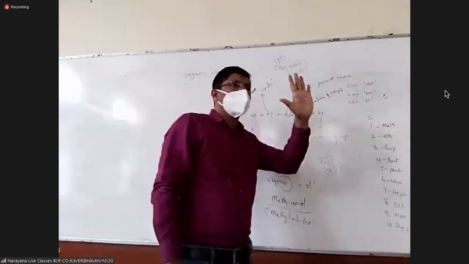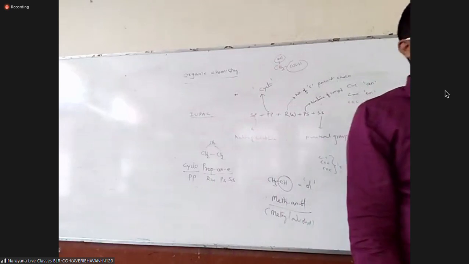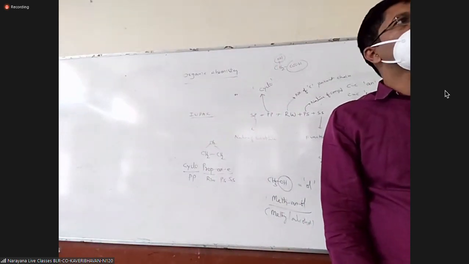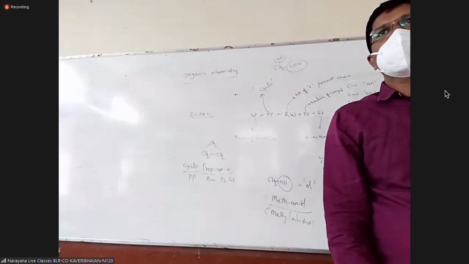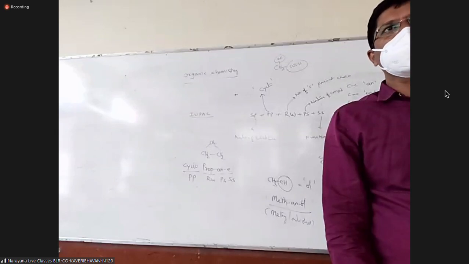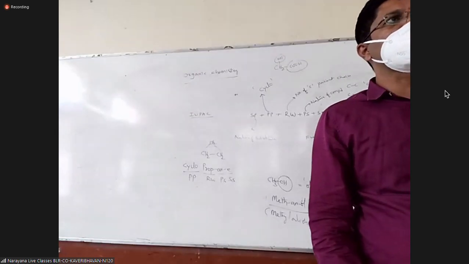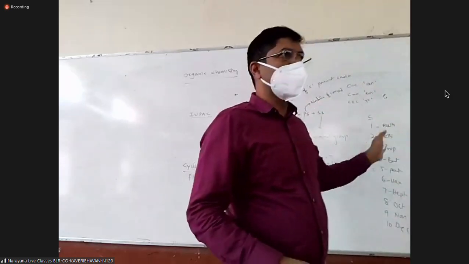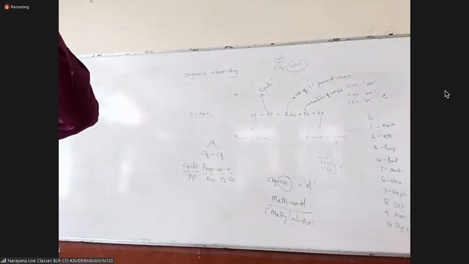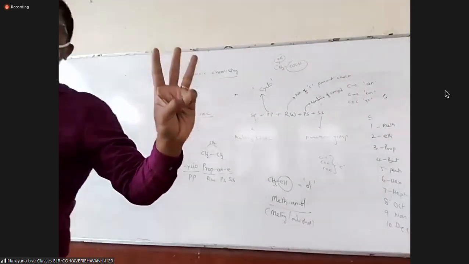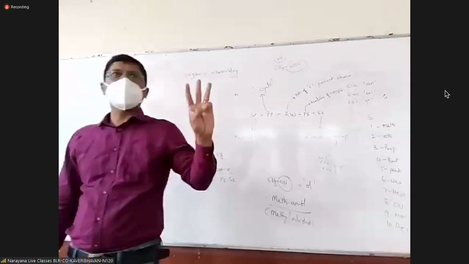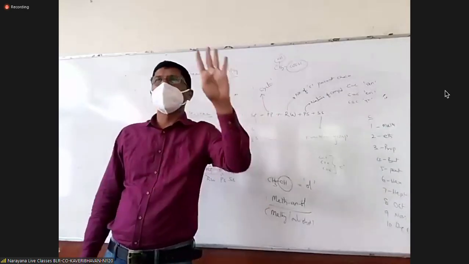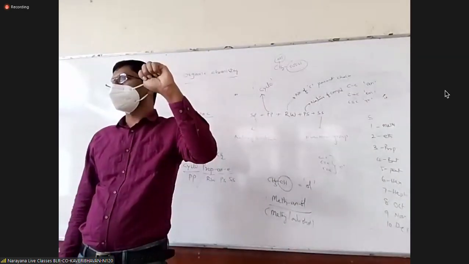So like this, any organic IUPAC nomenclature has 5 words: root word, primary suffix, secondary suffix, primary prefix, secondary prefix. Come and tell me, everyone. What does the root word tell? The number of carbons. What does the primary suffix give? What are the words? What is the secondary suffix?